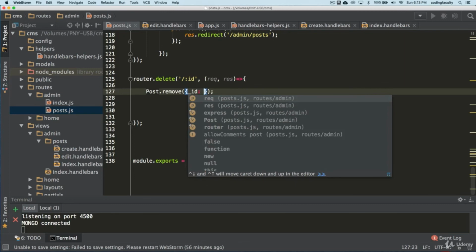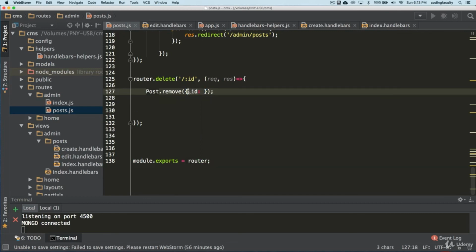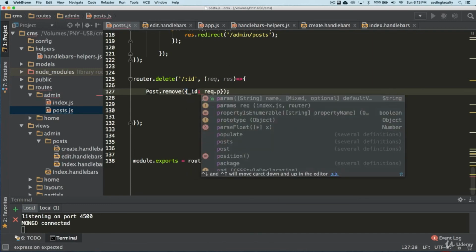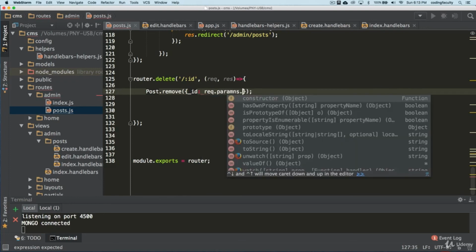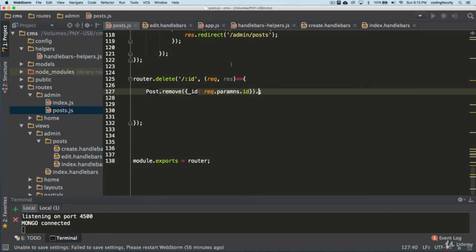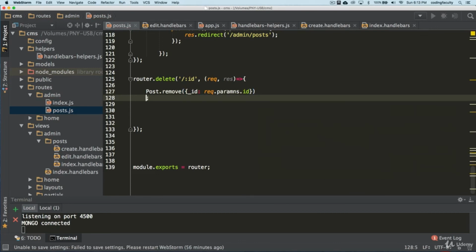We are going to pass in the _id, which is the ID located in the database. Remember that MongoDB has these ID fields. This ID is created automatically for us every time we insert data, so we have that in the database for every entry. Okay, and then req.params.id, that's what we get on the URL. Then let's just do it in another line, guys.